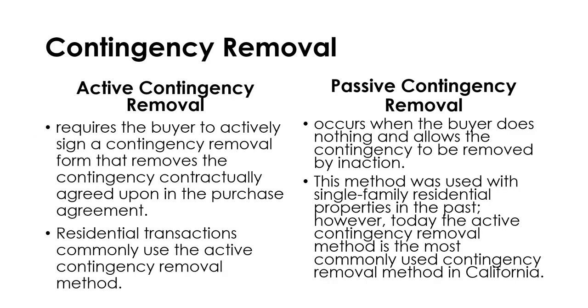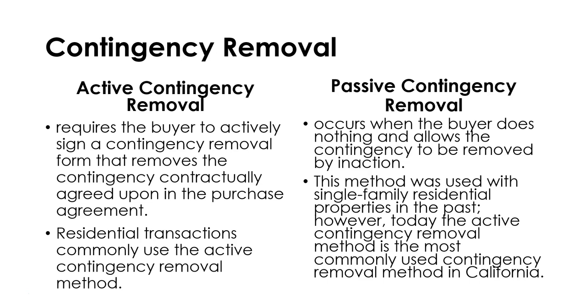So, contingency removal. There are two methods. We have active contingency removal, which requires the buyer to actively sign a contingency removal form that removes the contingency contractually in the purchase agreement. So the buyer, or whoever has a contingency, is actively signing off saying that they are removing it. Most residential transactions commonly use this method,